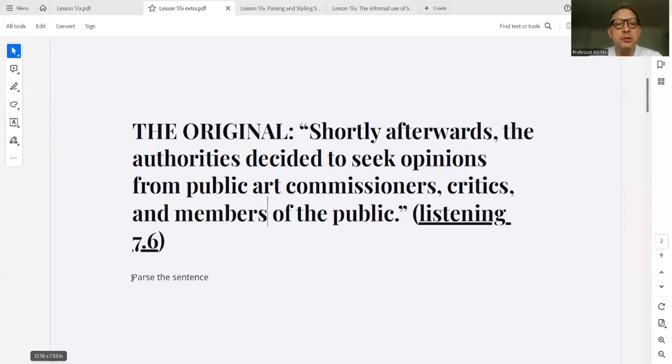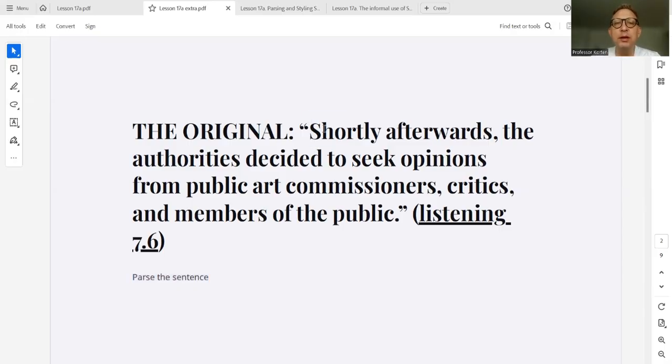Now, what I thought I would do is first parse the sentence. I want to do that because I think some of us need a better grip, a better understanding of how English sentences are constructed. So I will just offer a very brief parsing. A parsing is to go into detail and explain the actual parts of a sentence.